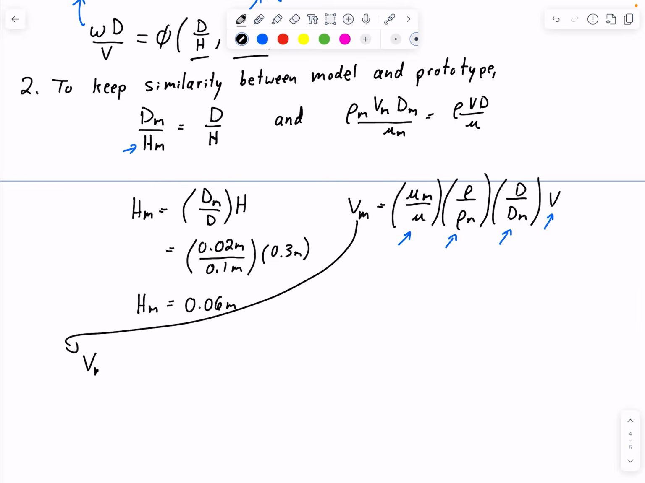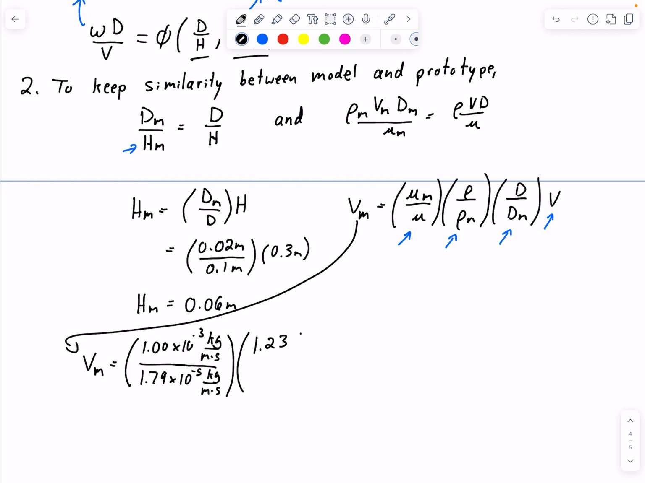So we have V sub m is equal to mu sub m. So this is 1 times 10 to the negative 3 kilograms per meter second. That is the viscosity of water divided by the viscosity of air, so 1.79 times 10 to the negative 5, again, kilograms per meter second. So that's the ratio of the viscosity used for the model divided by the viscosity of the prototype. So water divided by air. Multiplied by